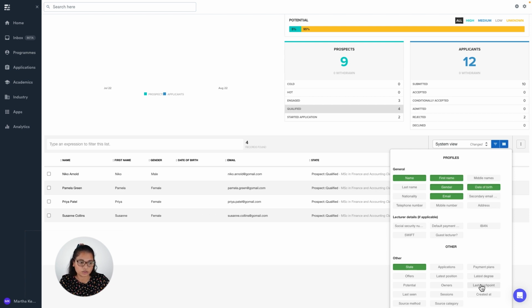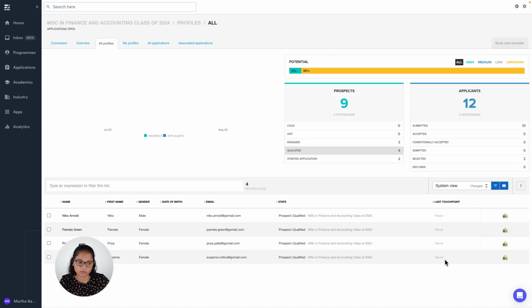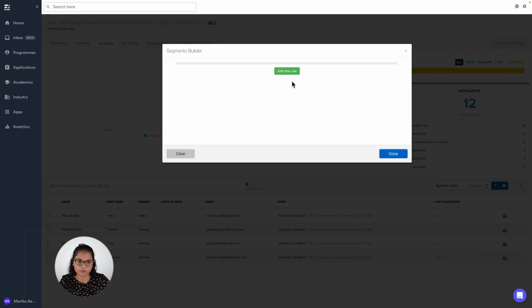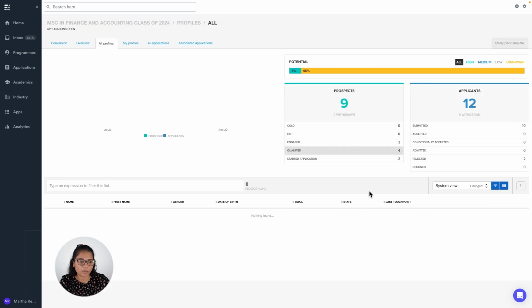You can also use the last touch point that allows you to understand if your team has been in contact with these profiles, and also keep track of when is the next time you need to follow up with them. Additionally, you can add different sorts of filters, such as nationality, gender. You can use these different filters to drill down the list that you have available and see how many people